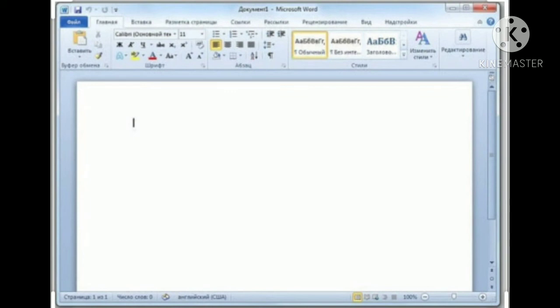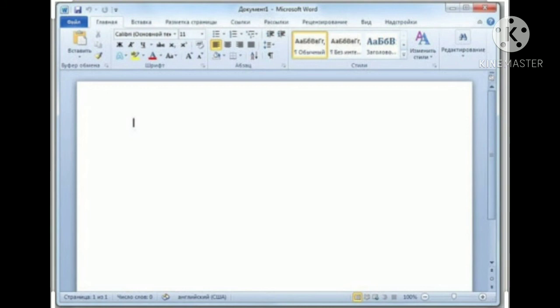How to type the text in a document. After you have created a document, you are ready to start typing in your text. Observe a small vertical blinking line in the work area of the Word screen. This is the insertion point. It appears in the upper left corner of your Word page. This is the point from where you will start typing your text. The insertion point moves to the right as you type.